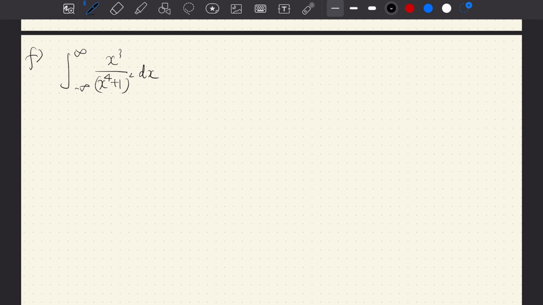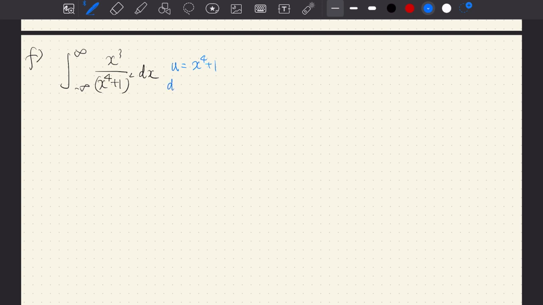For this integrand, at first you maybe think this is a rational function, so maybe I can use partial fraction decomposition, but that is too cumbersome. Actually, you try u substitution first. If u is equal to x to the fourth plus 1, which is a very natural choice for u because it is in the denominator,